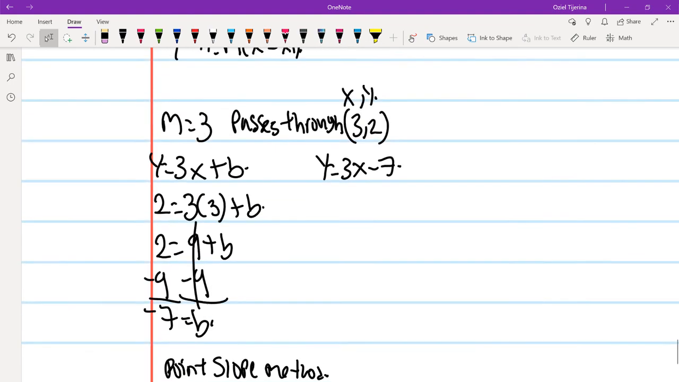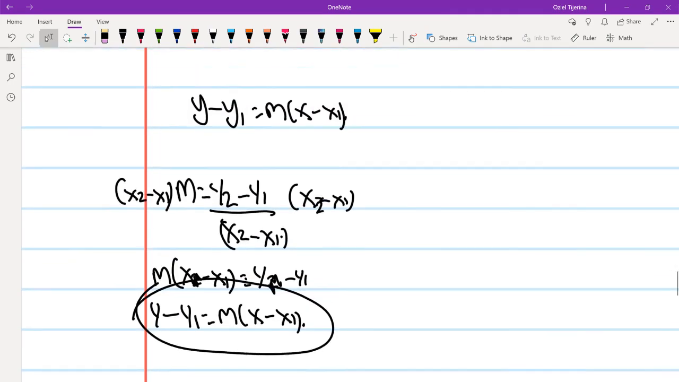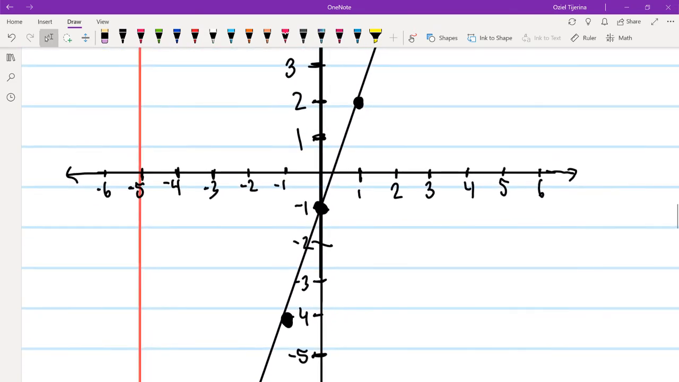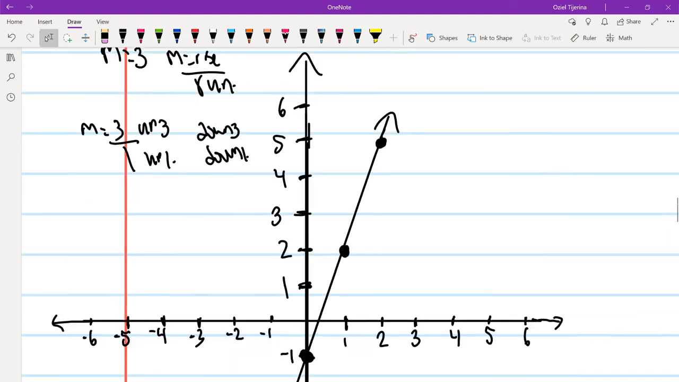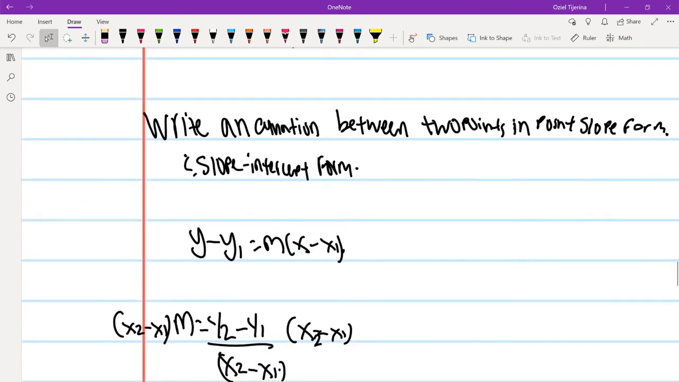But yeah, I hope that this helps in a way with graphing and learning how to graph linear functions. In the next video, we're probably going to be doing